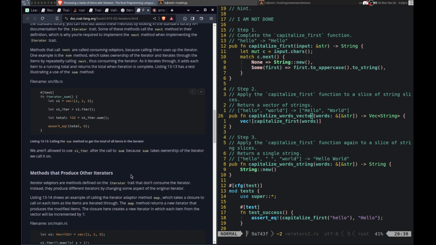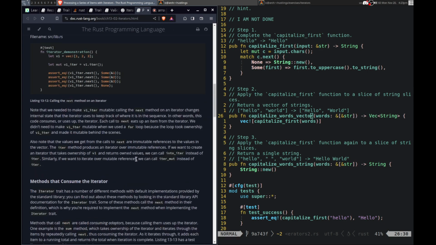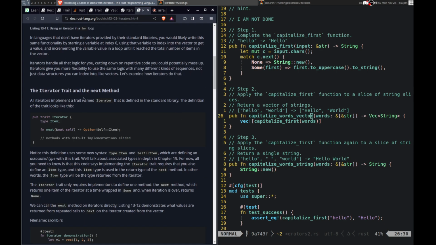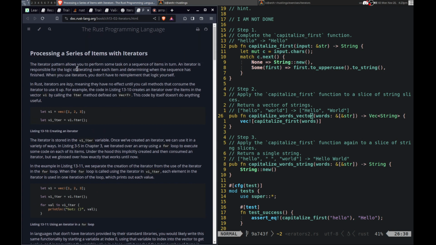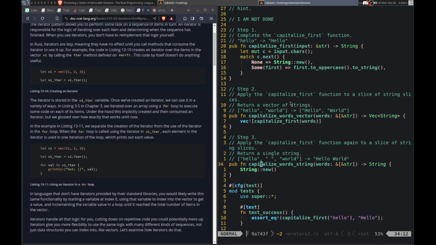So you get the sum. Let's see, let me go back up here. Not the next one. Not iter. Okay, so can I just do that? If I do, if